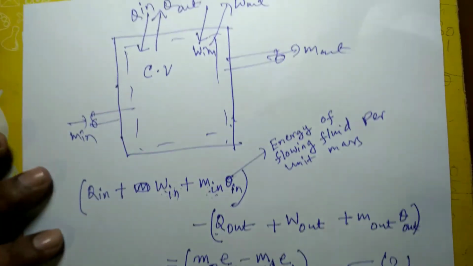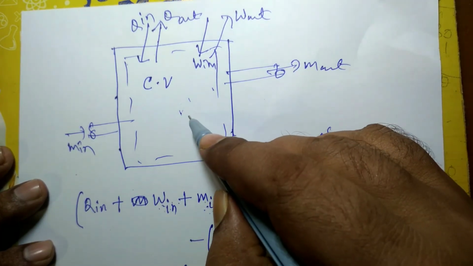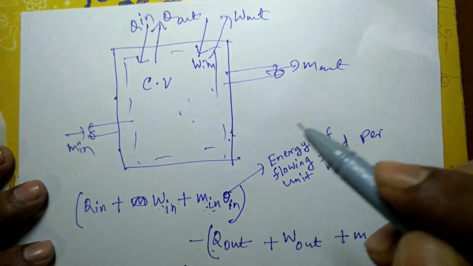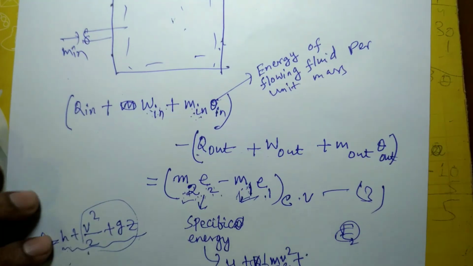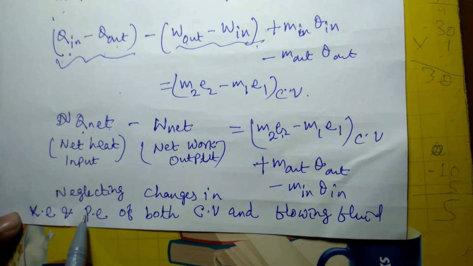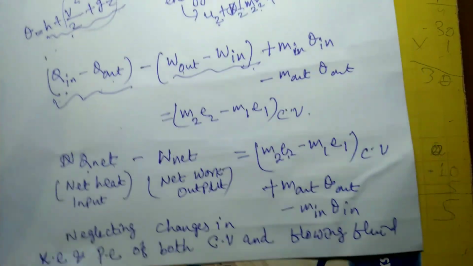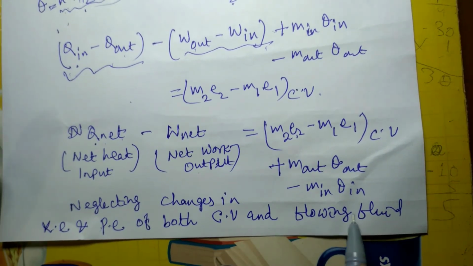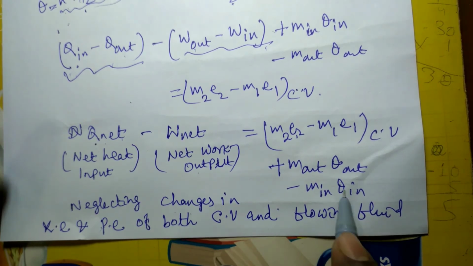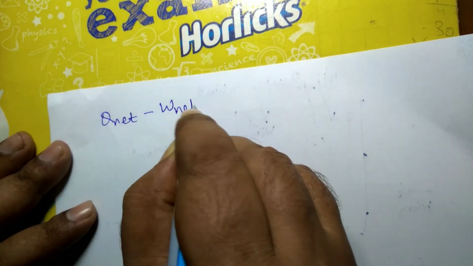सपोज कंट्रोल वॉल्यूम में भी कुछ चेंज हो सकता है, कंट्रोल वॉल्यूम तो मूव नहीं कर रहा है, तो कंट्रोल वॉल्यूम में कुछ चेंज usually नहीं होता है. काइनेटिक एनर्जी और पोटेंशियल एनर्जी में कंट्रोल वॉल्यूम में भी ज़्यादातर केस में चेंज नहीं होता है, और जो फ्लोइंग फ्लूइड यहाँ आता है और यहाँ जाता है उसमें भी changes in kinetic energy और potential energy can be neglected in most of the cases. So if we neglect these, this equation will reduce to Q net minus W net is equal to